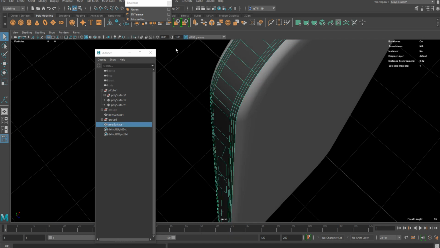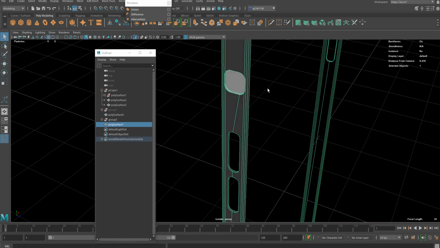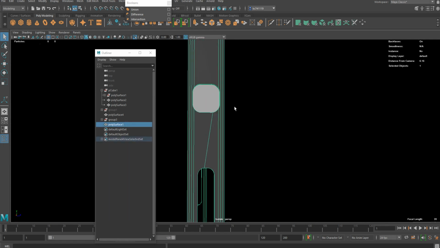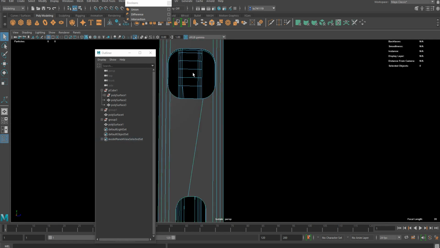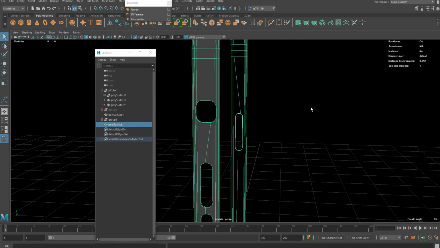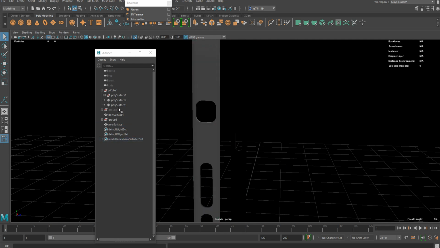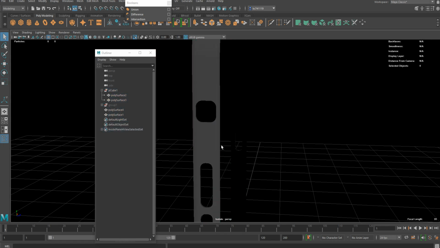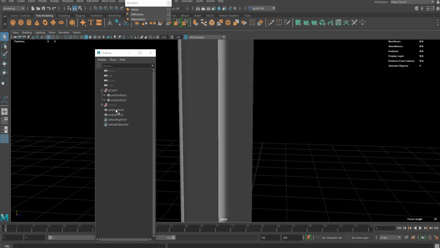If I look at it, yeah, it actually did a good job. It hasn't got a perfect topology, but it's just a simple concept art, so I'm just gonna ignore that problem. So I'm just gonna select everything again and delete history to clean that up. And now I can show my backup